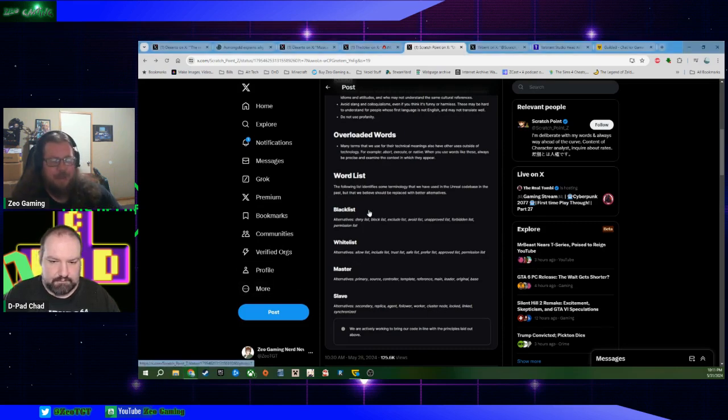Now, whitelist and blacklist are, of course, more terminology in the tech world. A whitelist allows something to pass through. If you make a Minecraft server, you can set it up to block anybody trying to enter except whoever's on your whitelist. You add users to the whitelist and only they can log into the server. That is a very good way of protecting your server if it's open for somebody to join. We learned that the hard way. Well, considering it was supposed to be open anyway, there wasn't much we could do. It wasn't a personal server like the one I've got now.